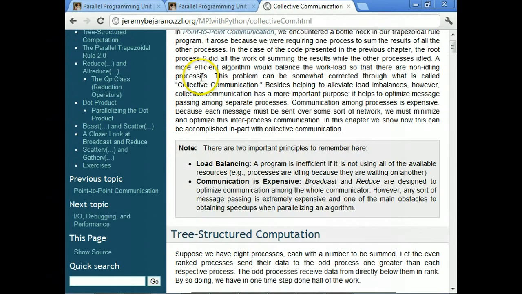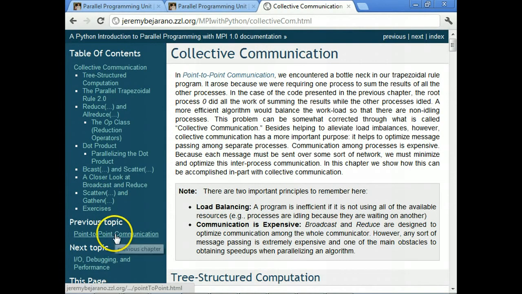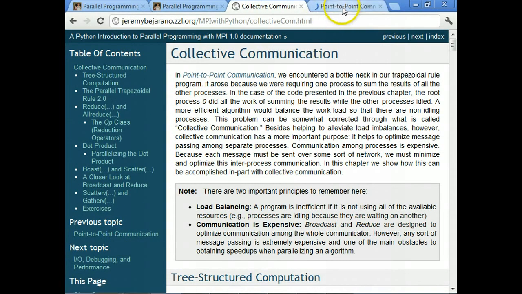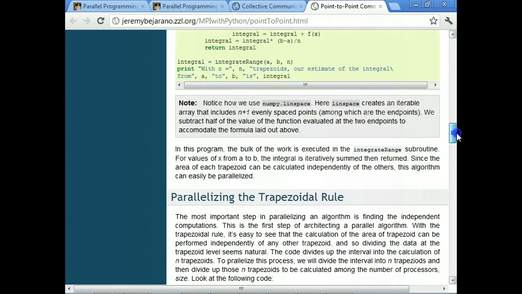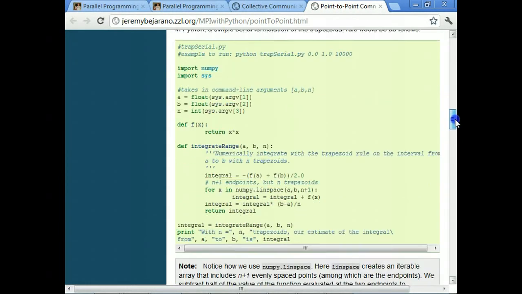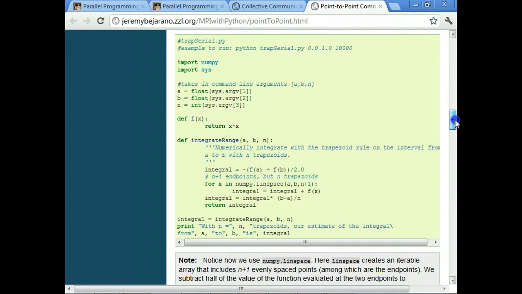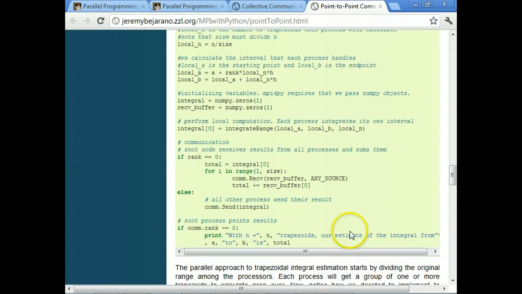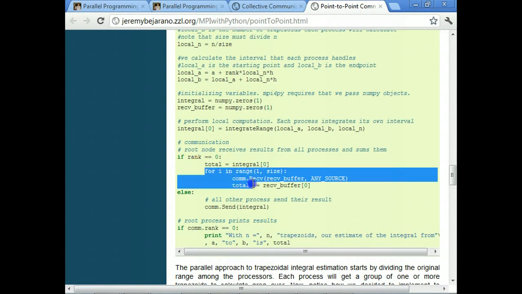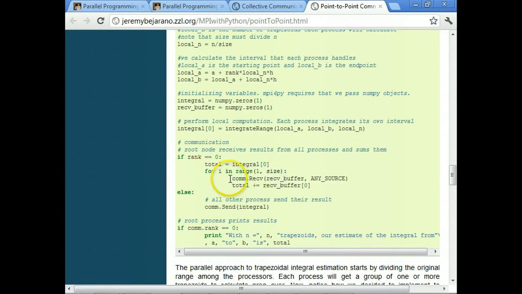First, I want to pull up the code for the previous one so we can compare them. Okay. So in the last one, the communication was, if you're process 0, you have your integral, and then you're running through a for loop to receive from each of the other processes.